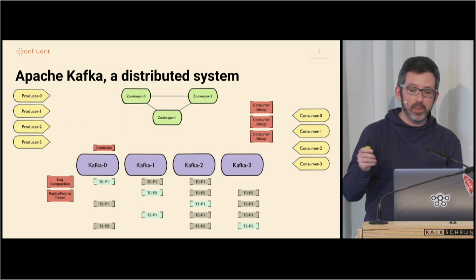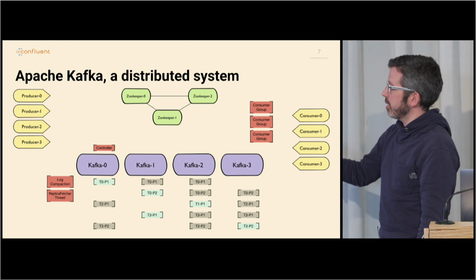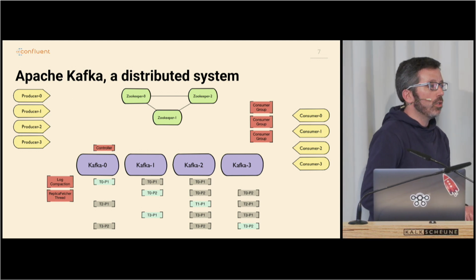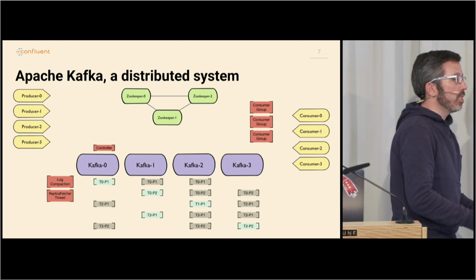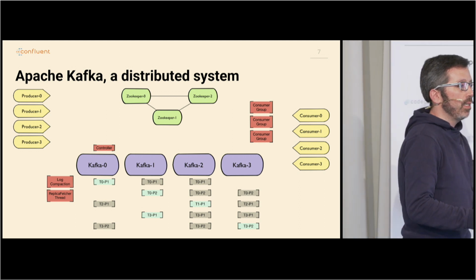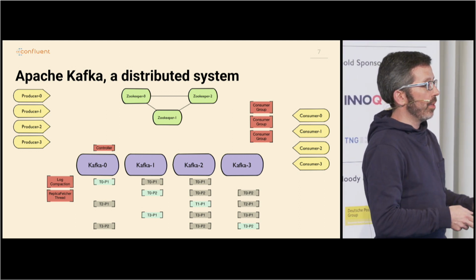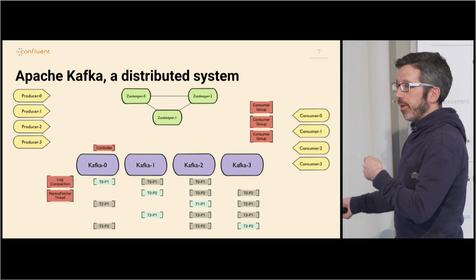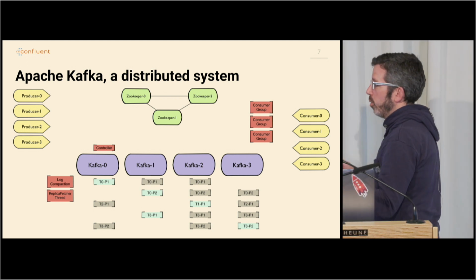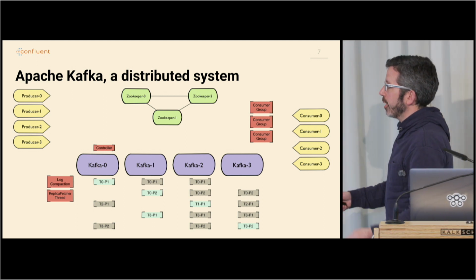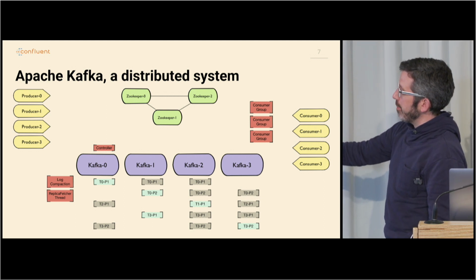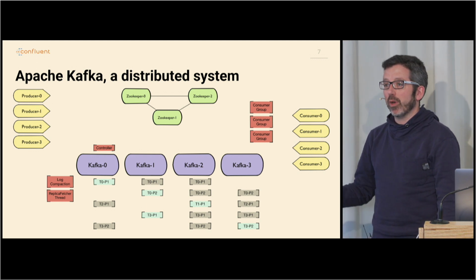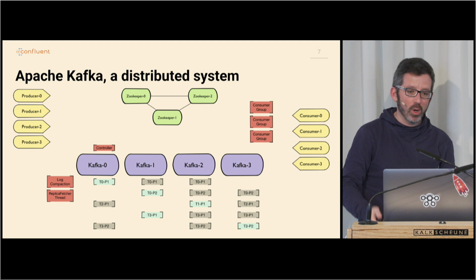But not least, we have small components inside this infrastructure. We get the controller, okay? The controller is the thread responsible for organizing the communications with ZooKeeper, responsible for saying who is the leader for each partition and who is the follower. It's responsible for basically tidying up here. There should be only one controller in your Kafka cluster. If you get more than one controller, something wrong is going on.